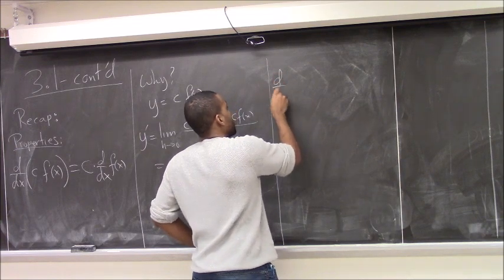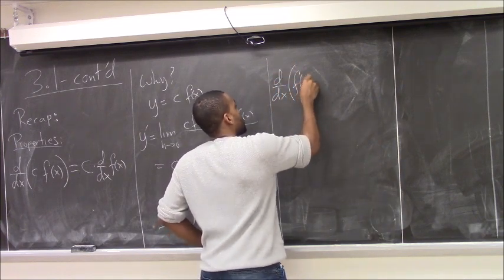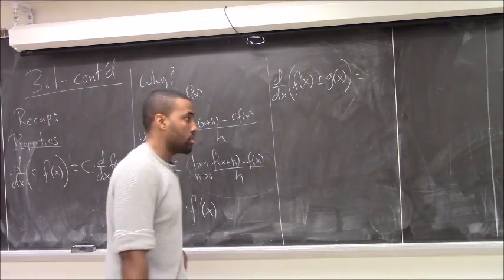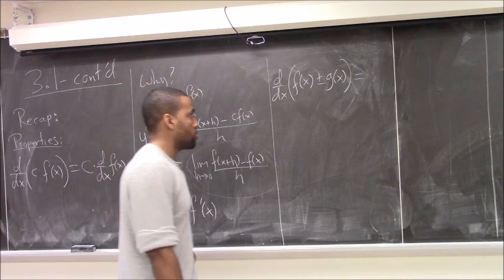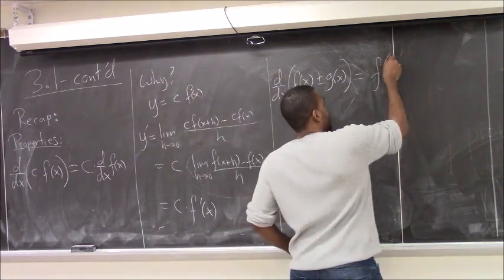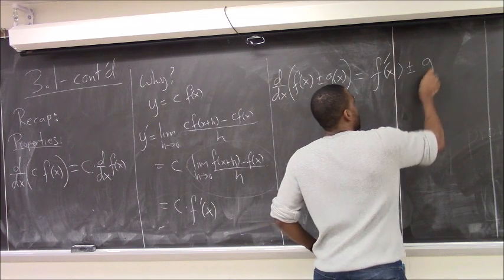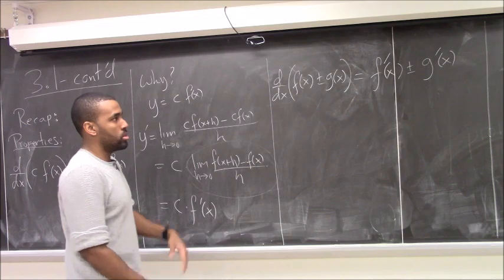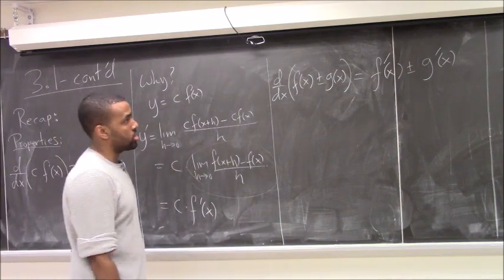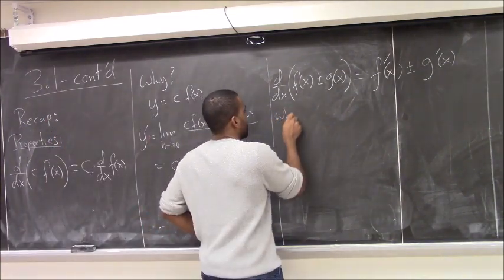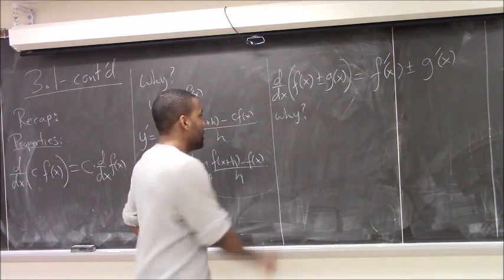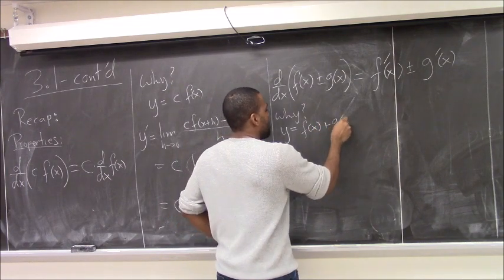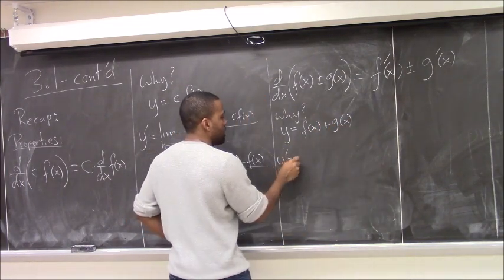We know that the derivative of a sum of functions, how did we find that? It's really just the sum of the derivatives. So if I have a sum of functions being added together or subtracted, I can just differentiate each component and then add them together, and that would be the answer. You might ask why. If you define a function to be a sum of functions and then you do the limit definition of the derivative,